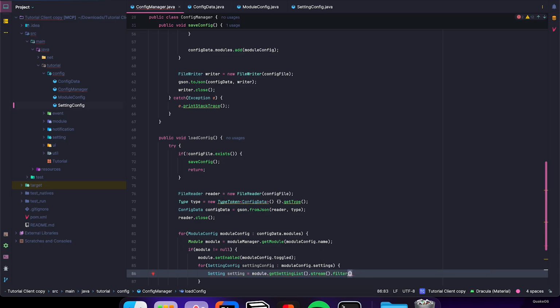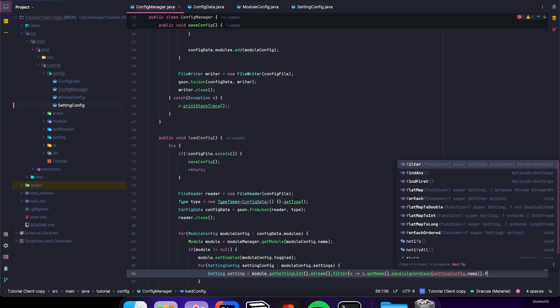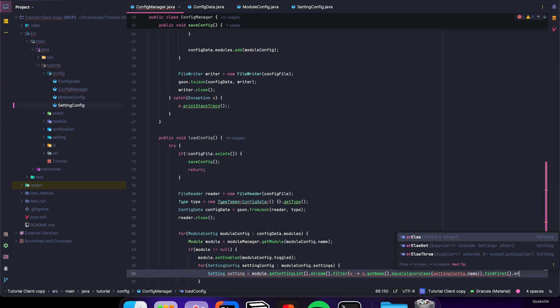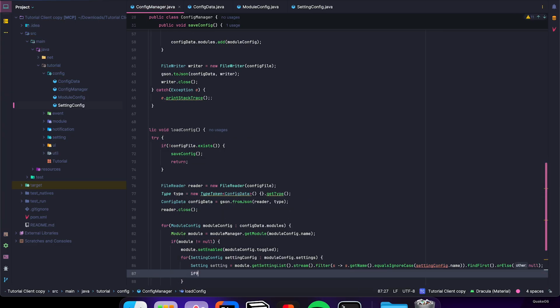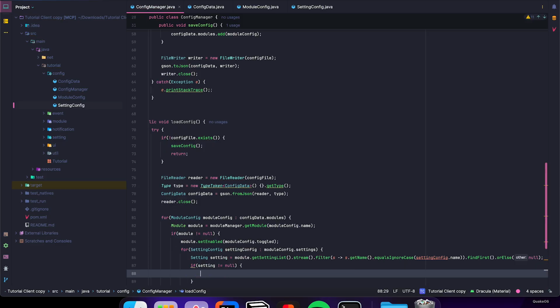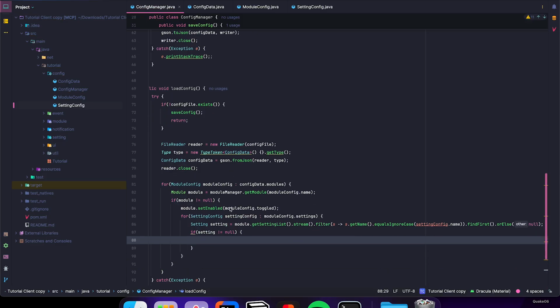dot filter. Now this might get a bit complicated. s to s dot getName dot equalsIgnoreCase settingConfig dot name, dot findFirst dot orElse null. If setting does not equal null, if you hear a lot of whistles in the background, it's because there